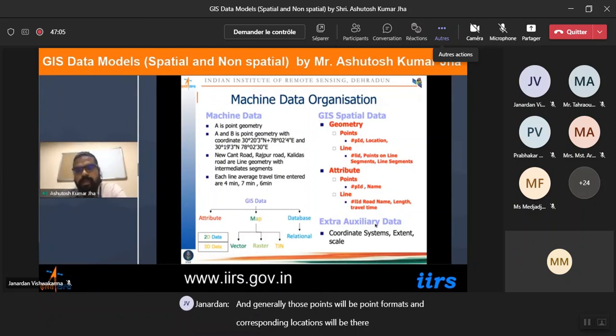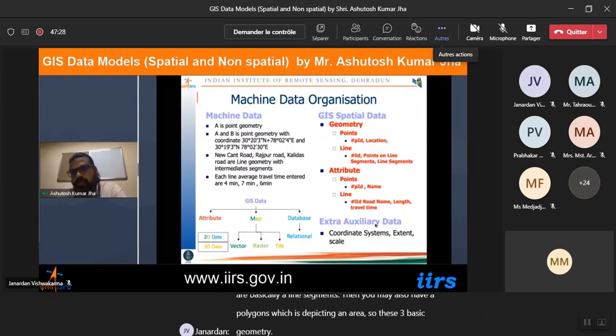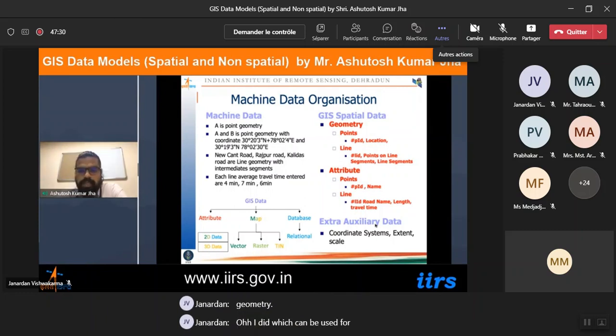Then if you connect any of the points, you have line segments. Those are called lines, and again those lines may have multiple segments. Then you may also have polygons, which depict an area. So these 3 basic geometries can be used for representing